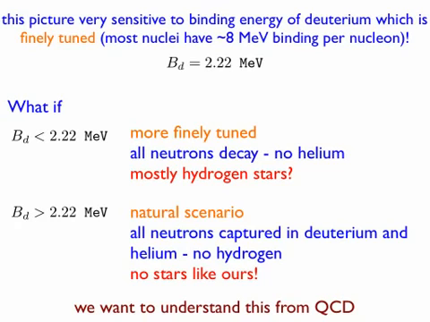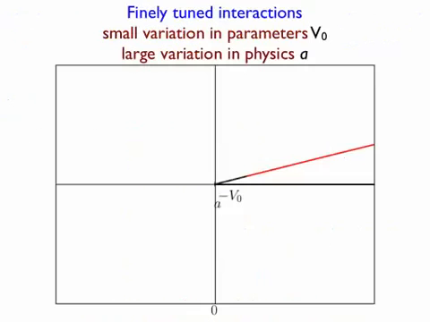But if you had a more natural situation where the binding energy is more typical, then what that means is all the neutrons would get captured into deuterium and helium, and in the early universe there'd be barely any hydrogen. You'd only have helium. And then we would not exist, because you need hydrogen stars, because they're very stable, in order to have a planet like ours that has life. And so what we'd really like to do is understand how this emerges from this fundamental theory of quantum chromodynamics. And here's